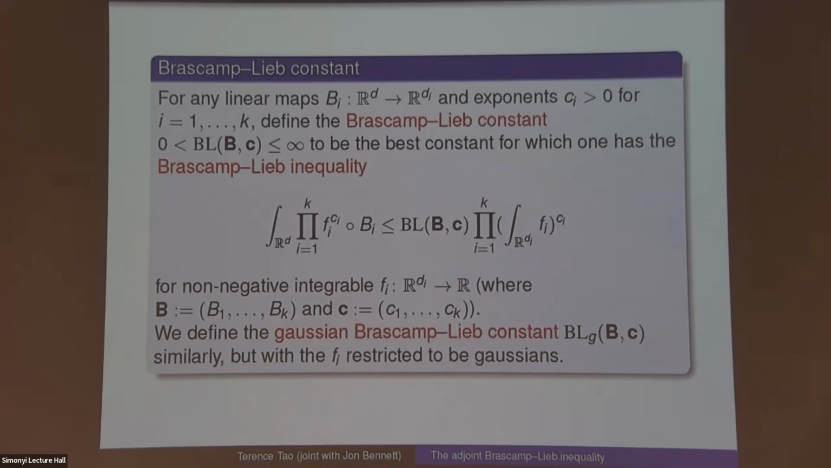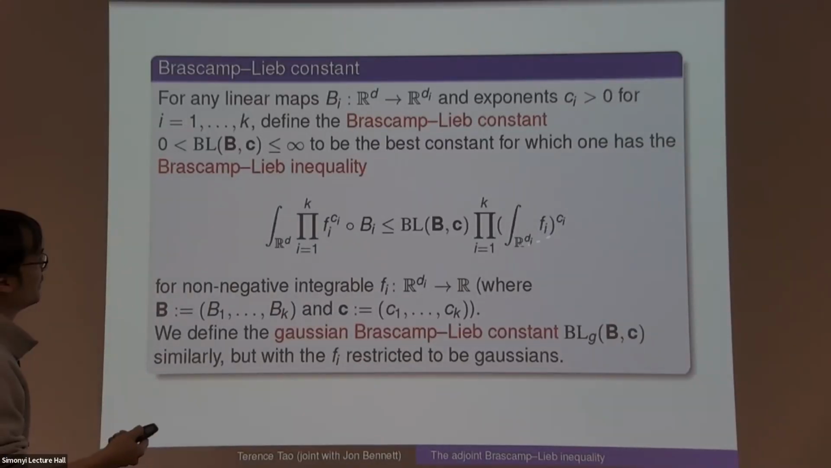Okay, and using various linear maps, B1, B2 up to BK. So if you have a bunch of linear maps from a big space to a lot of smaller spaces, and you have a bunch of exponents, C1 to CK, you can define the Brascamp-Lieb constant associated to this data. Okay, so the data is a k-tuple of linear maps and a k-tuple of exponents, and it's the best constant